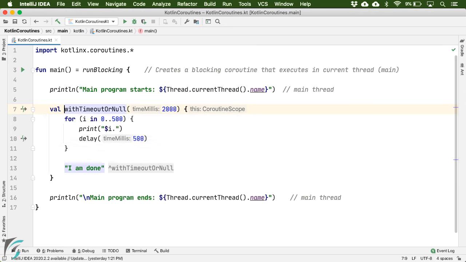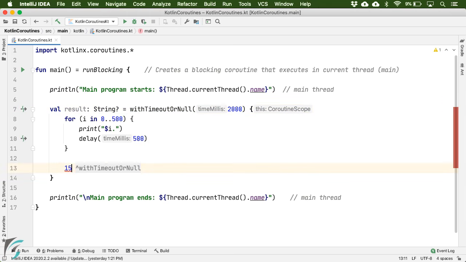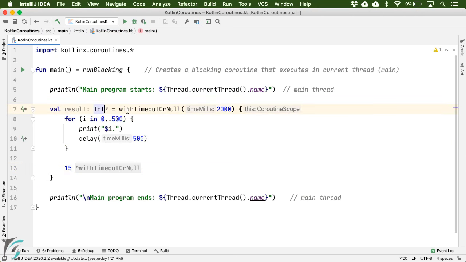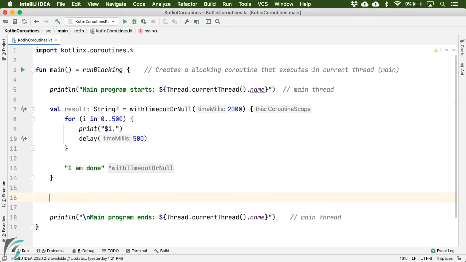And you can get that value right here, like this. And in case you put some value such as 15 over here, which is an integer value, then in that case you need to change your data type over here. I think you are aware of this. So let us use the string over here, and then you can use this value result in your program